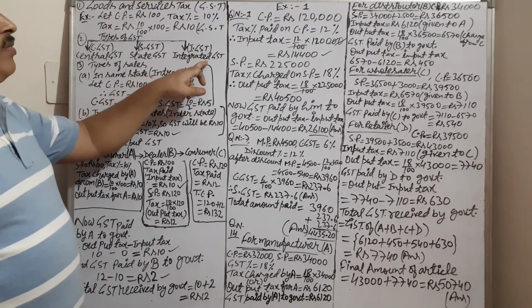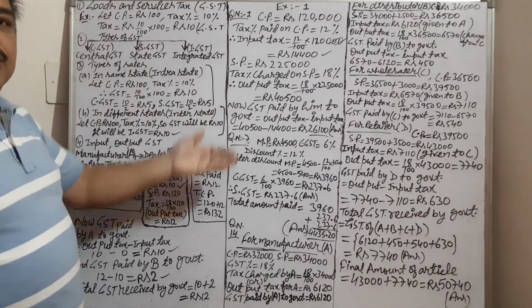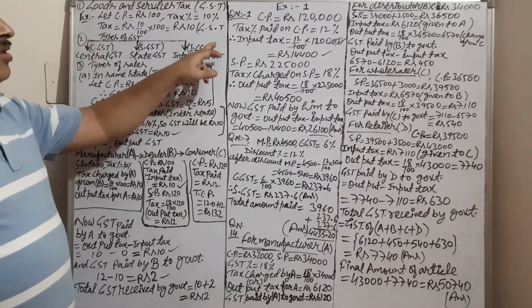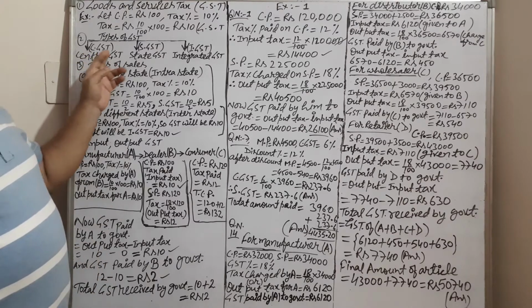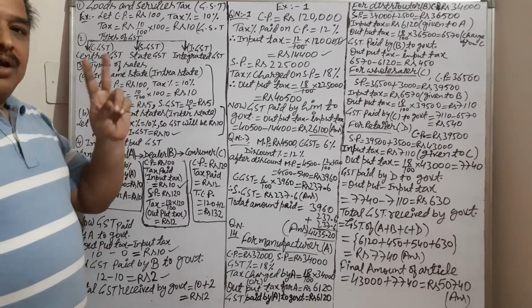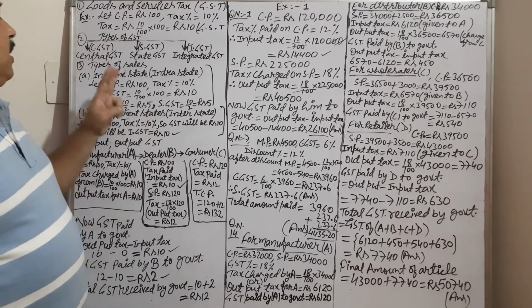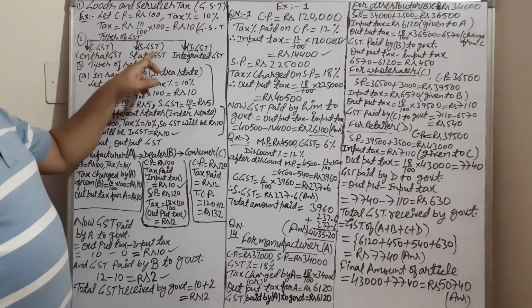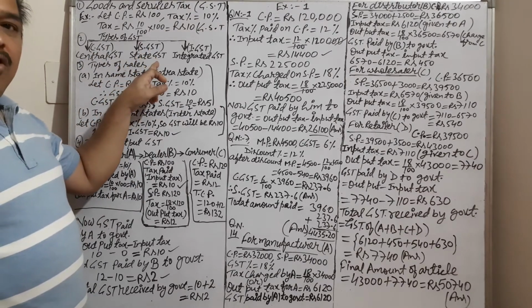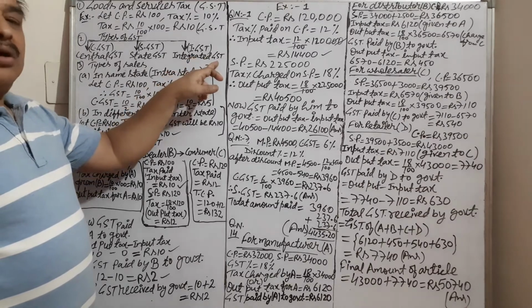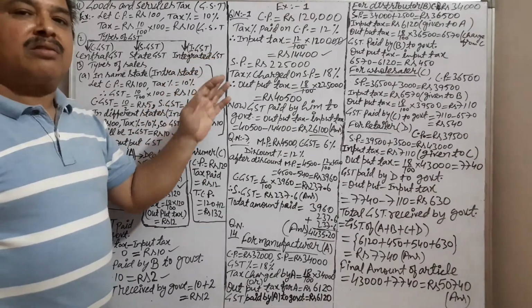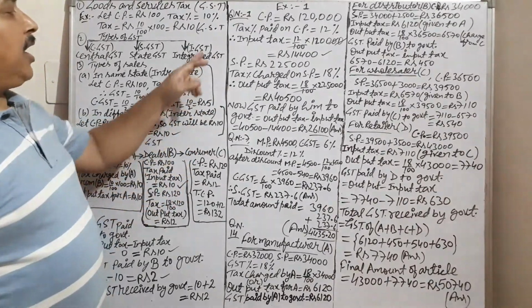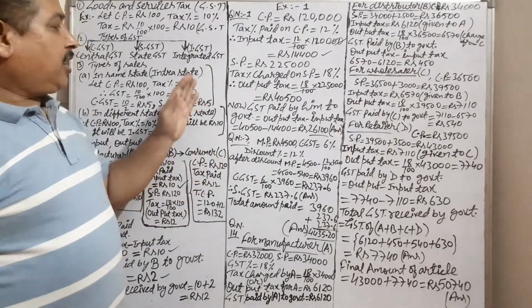But this GST we will apply in a particular case. We will take this IGST in a particular case. So there are two types of government, central government and state government. So CGST is central government, SGST is state government, and IGST is also for central government but in a particular selling case. I will explain this particular selling case further.